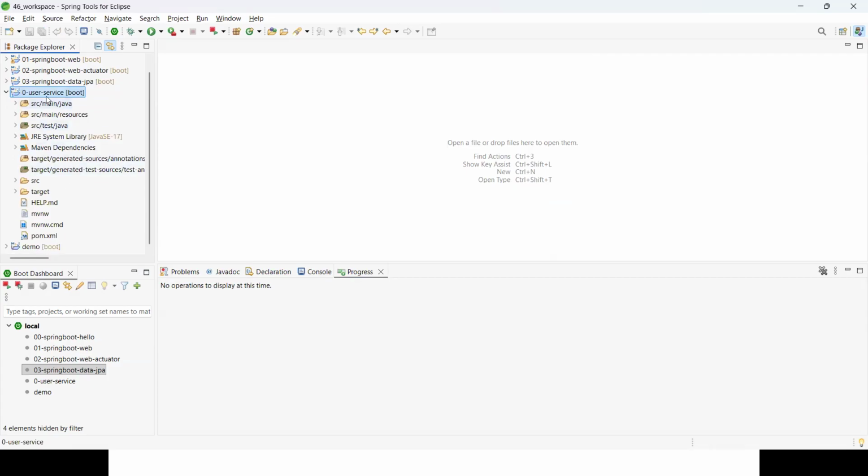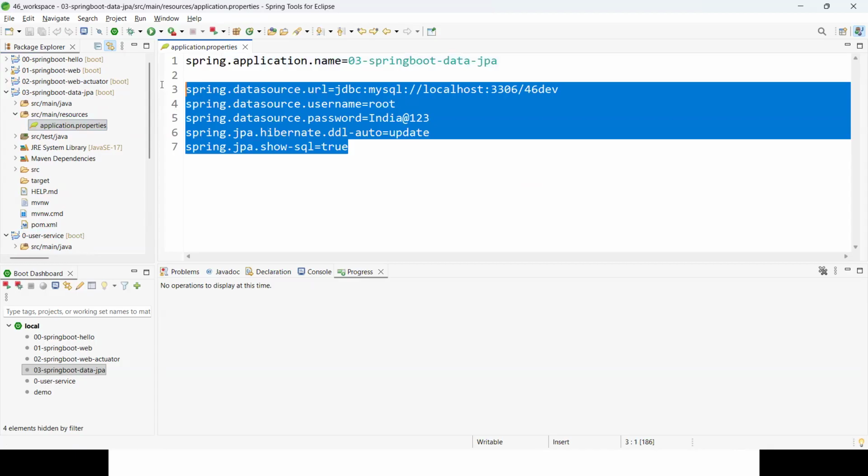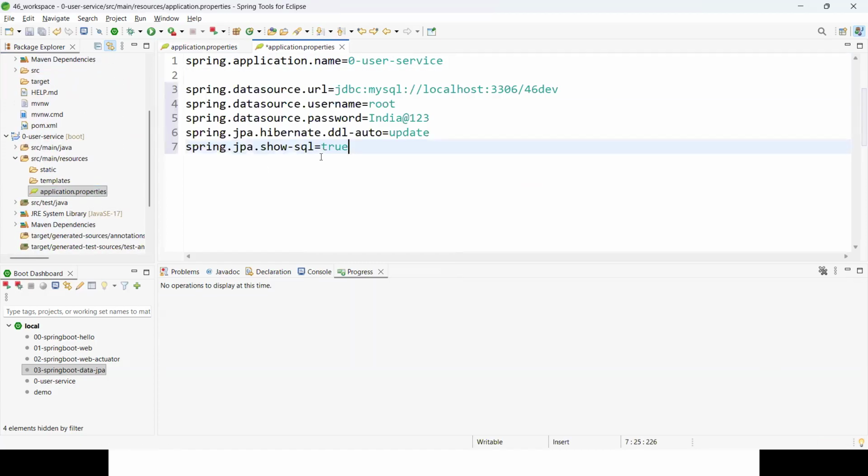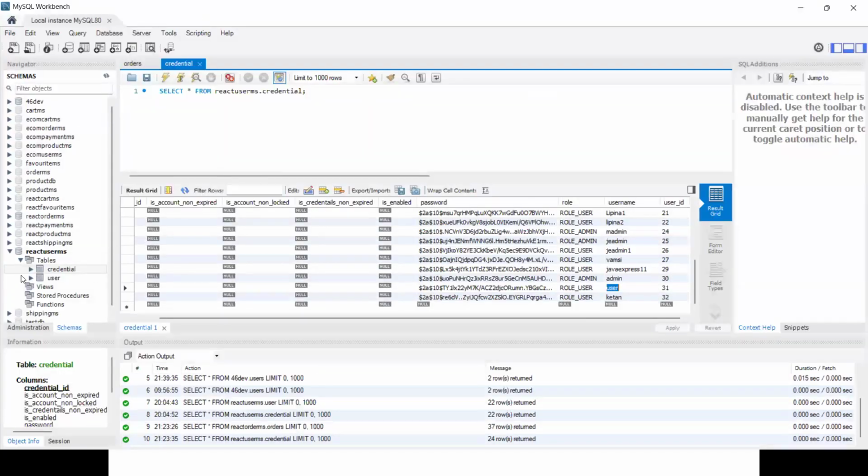Now we have the user service ready. Now first step, what should I do? I need to communicate to the database. Can I pull data from my previous application? Can I copy the properties? Yes, sir. All applications we are communicating to MySQL only, no worries on that. Only the DB name is different. Now, can I create my own database name in the backend?